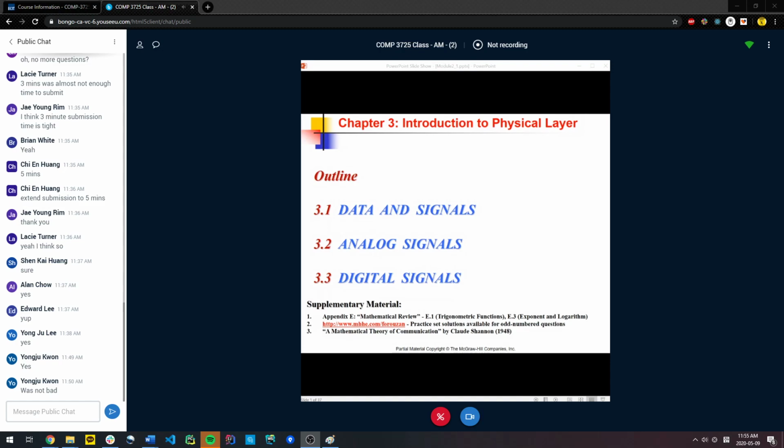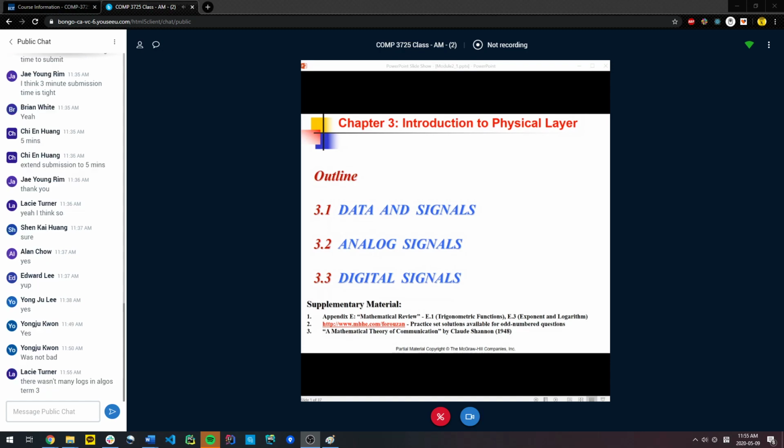So that's E.3. I don't know if all of you had a chance to get a copy of the book, but I posted the entire appendix on D12. Any questions on that?